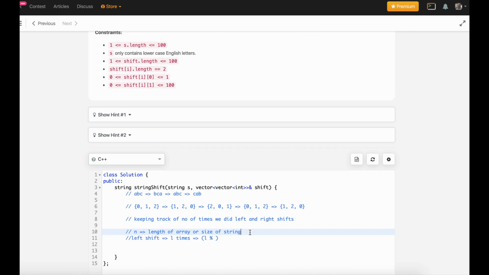Here the size of the string is 3, and if we perform the fourth operation, we can see that the fourth operation is the same as the operation we performed here. So 4 modulus 3 is equal to 1. Performing 4 times left operation is the same as performing 1 time left operation, because we are getting the same thing again and again. So modulus tells us